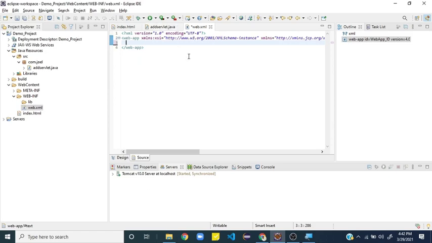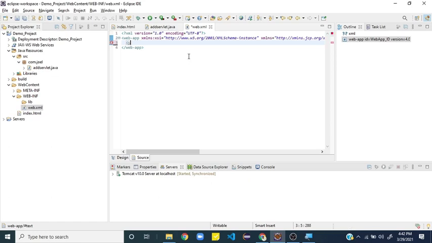So here, if you remember in one class I told you how to use this web.xml, there are two important tags we'll be using. One is a servlet tag, another one is a servlet mapping tag. In both these tags we'll be having two more tags. In servlet tag we'll be having a servlet name and servlet class, and inside the servlet mapping again we have servlet name but URL pattern.